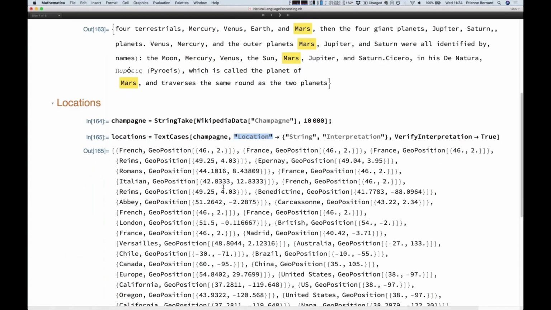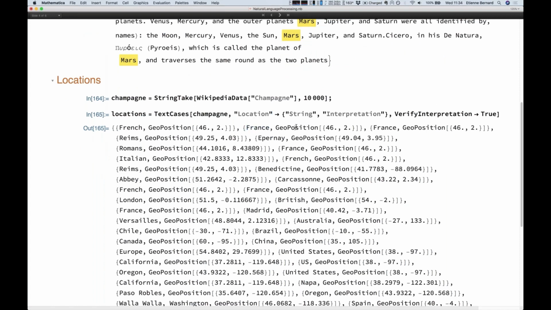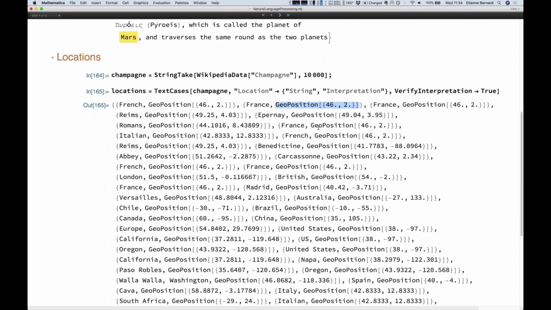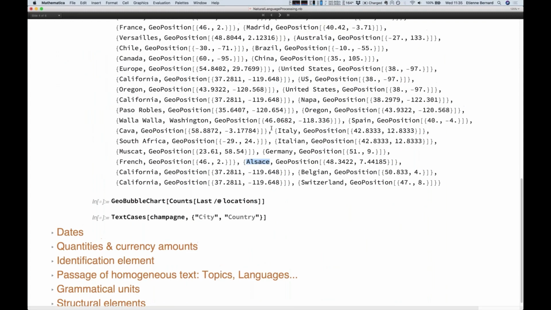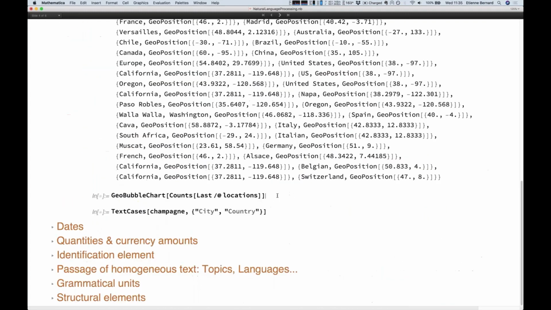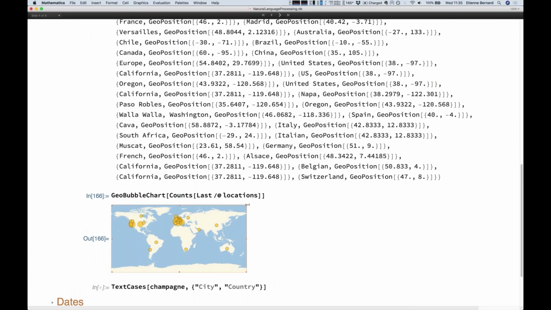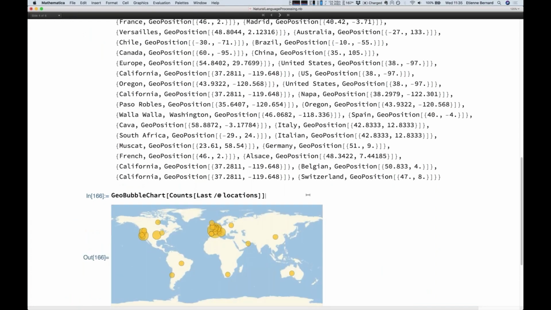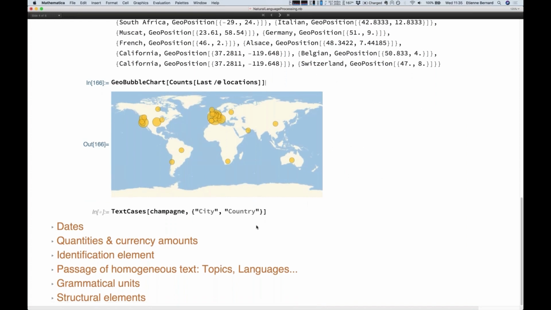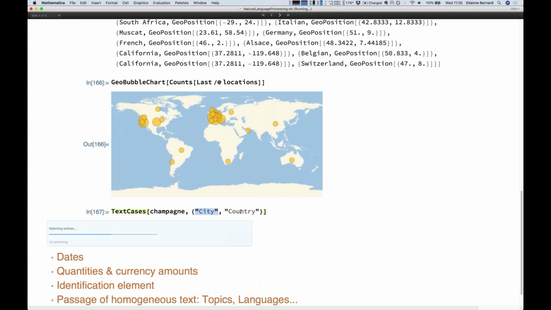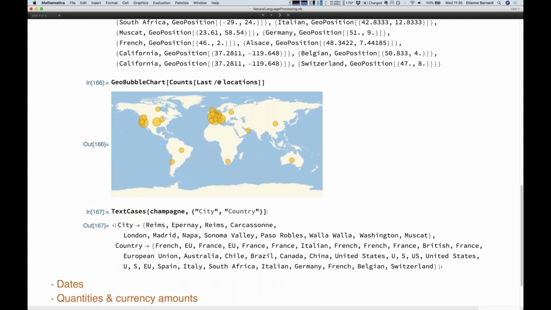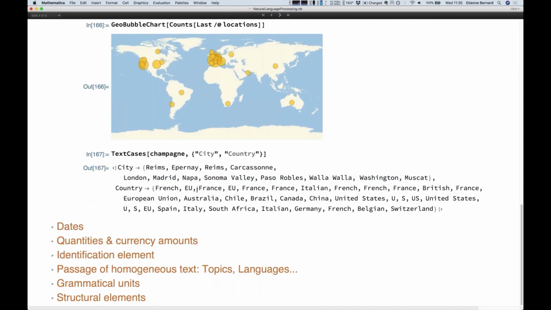So it's going to find all the locations, and you can see that here, yeah, France has been picked up, and you have sort of a center for France, and Italy has been picked up, and Germany has been picked up, and so on. It is a French region, apparently. What is this? Okay, Champagne page. So here I'm going just to show a bubble chart of the locations that are in the page for Champagne. And here I'm just going to look for city and country, which are part of this location. All right.